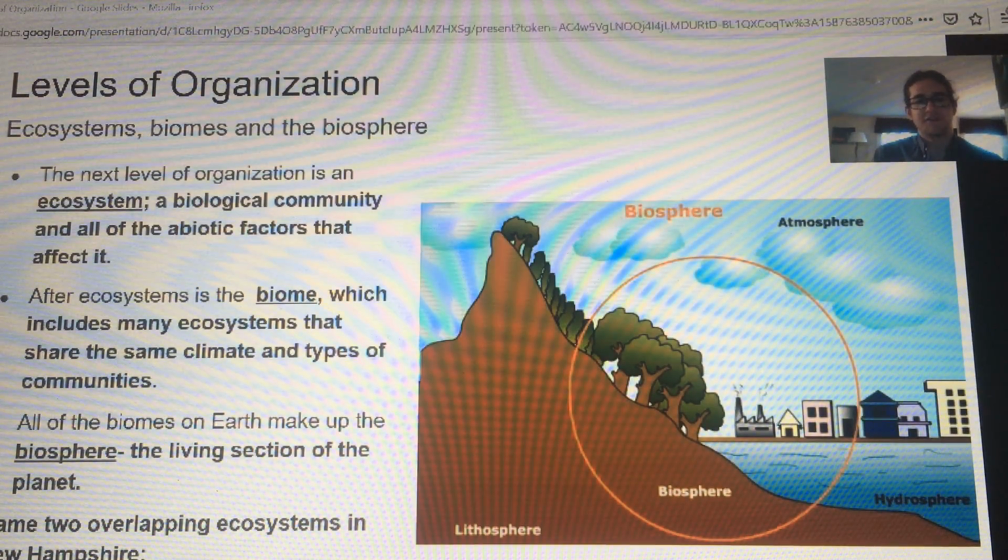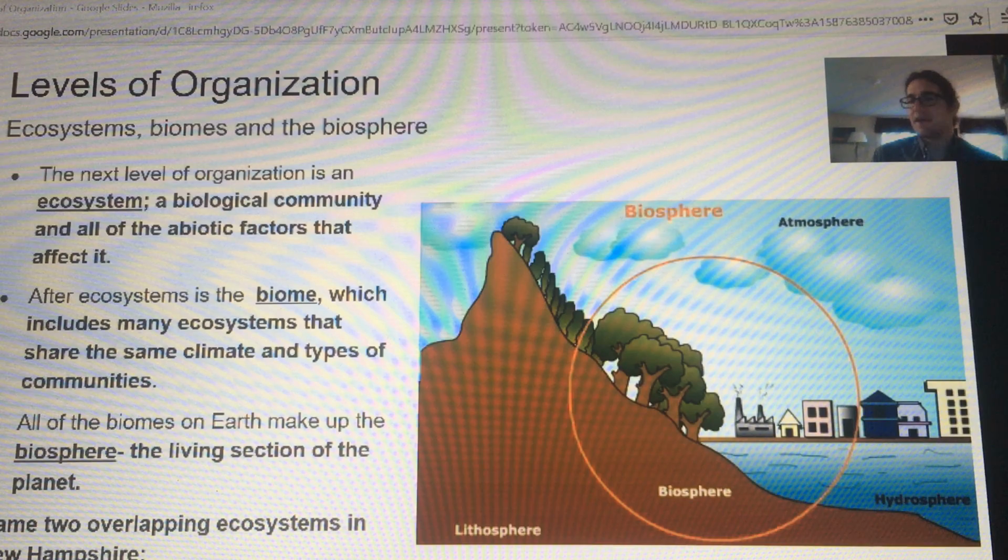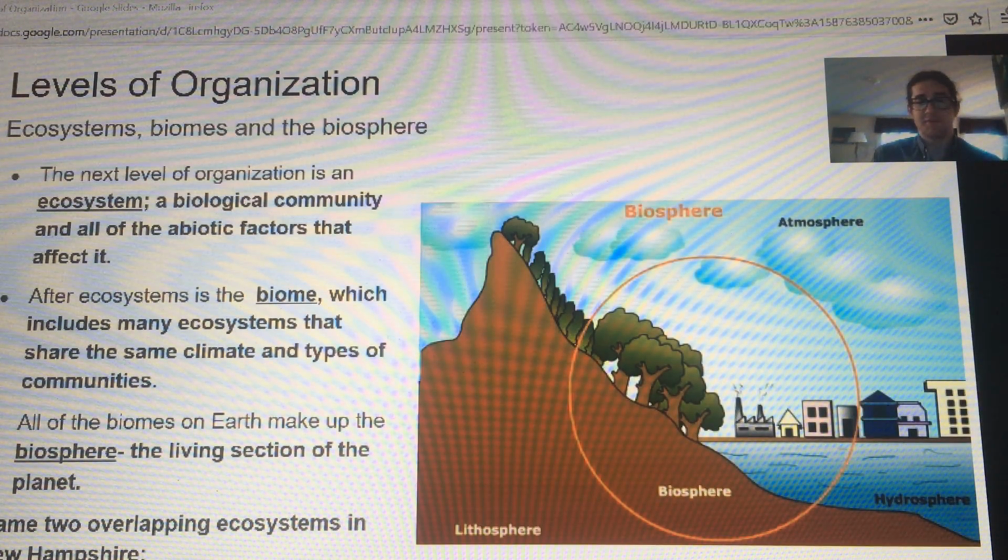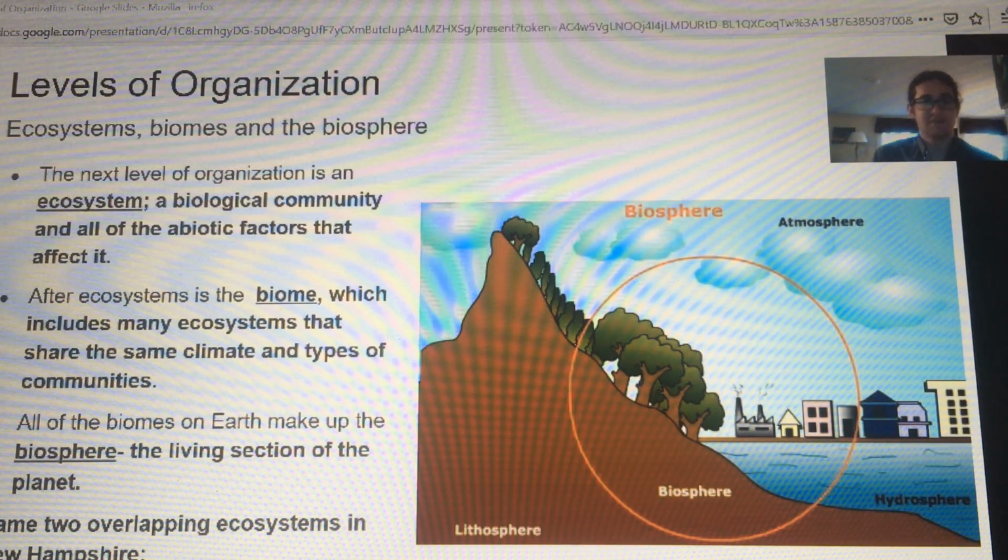And then finally, this is where you kind of have picked your level. After ecosystems is the biome. And this includes multiple ecosystems that are added up together. And then every biome on Earth makes up the biosphere. And this is places on planet Earth where we can live. So think about in New Hampshire, some places that if you think we have different ecosystems,